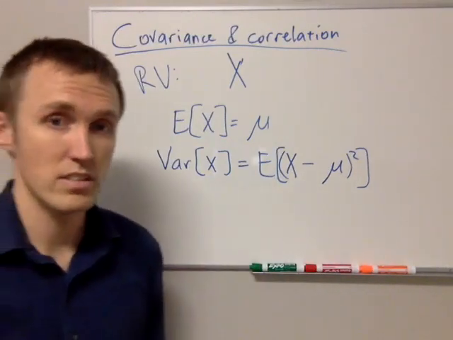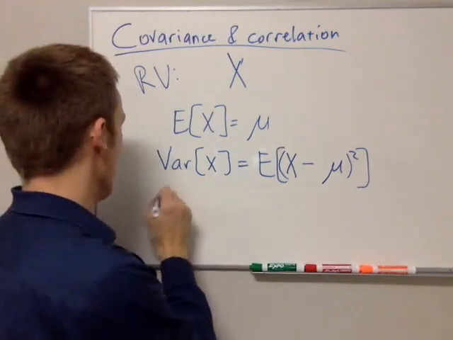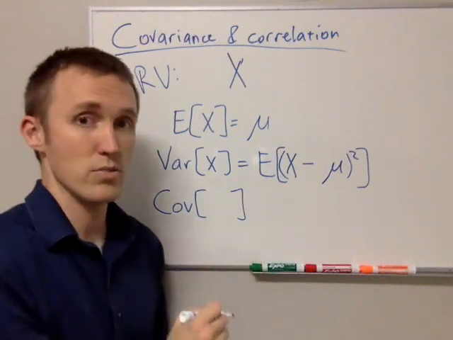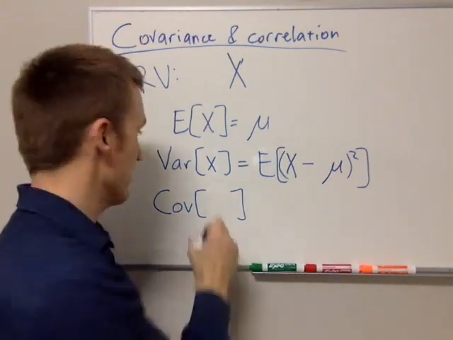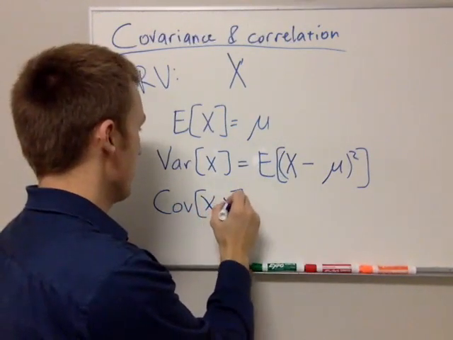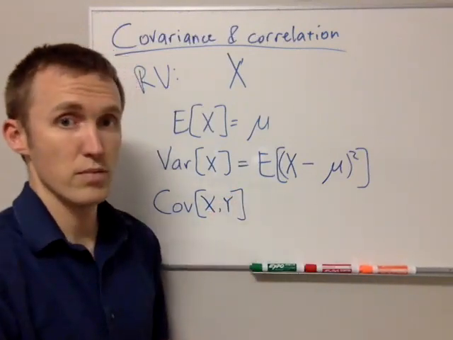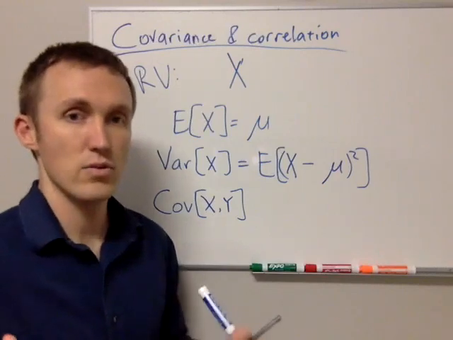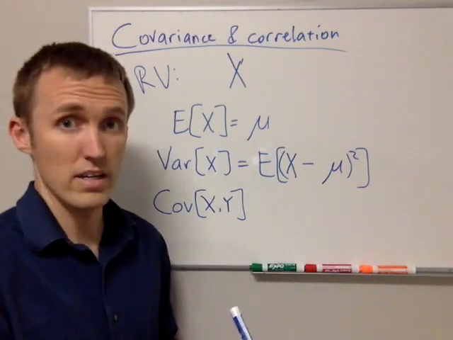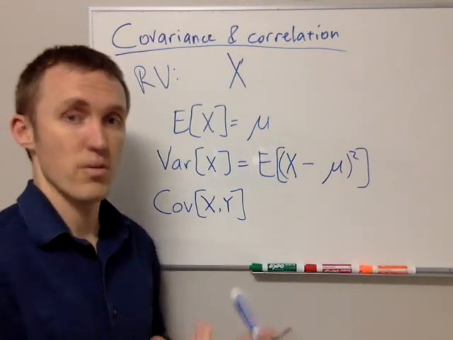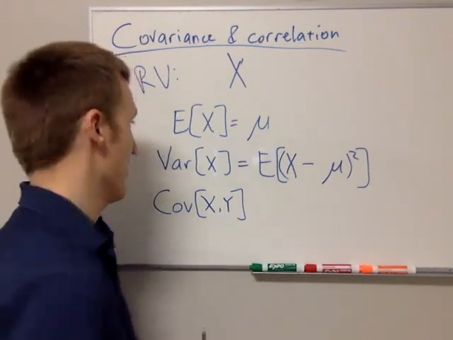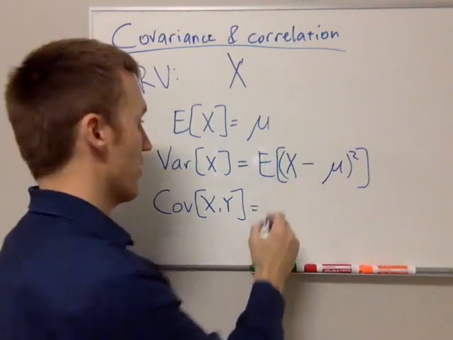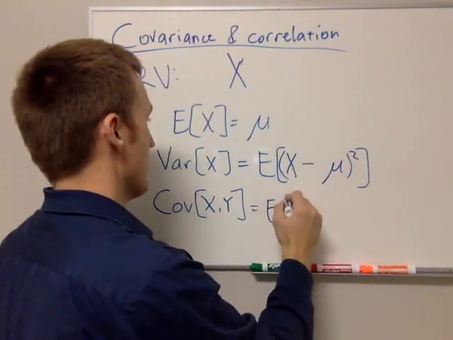Now the covariance is very, very similar to the variance, but now inside brackets we don't just have one variable, we have two. So there are two variables for a covariance, right? We're asking the question, how does one random variable y covary with a random variable x? And if we just look at the variance, we can actually almost directly figure out what that is. It's the expected value,